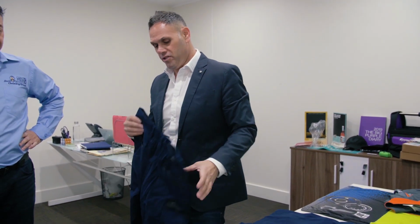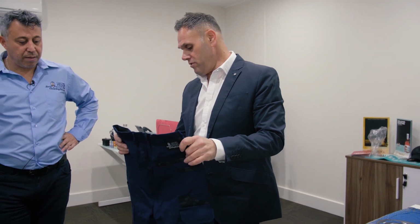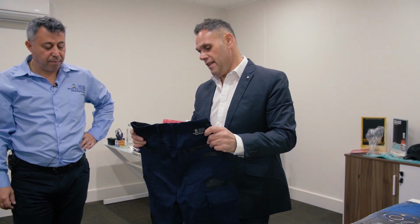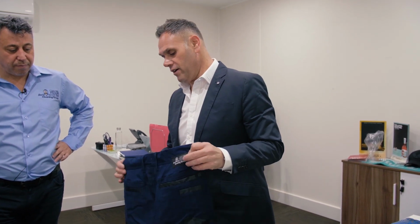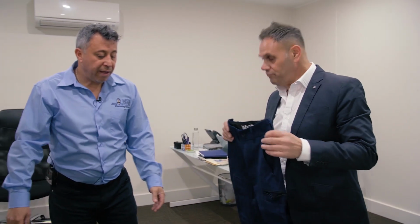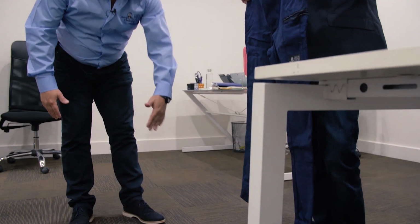We've added additional reinforced pockets to make it stronger for them to put products in. And then we just added little touches of our logos going in and out. And that's what franchisees were telling you they wanted to add into it. Yeah. Well, they found that with the pants, so the...